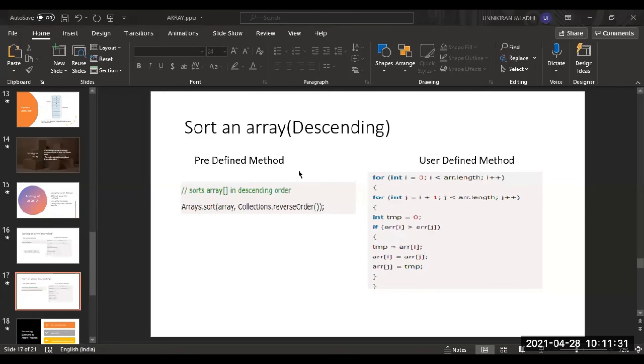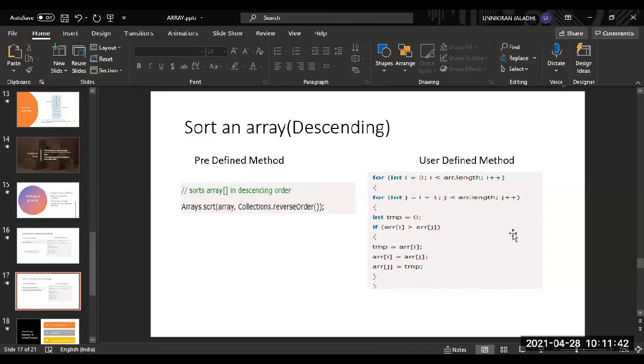Yes, okay, see this. This is the method we are using for a descending order, descending in the sense from bigger to smaller. So don't go for this. There is a problem with this user defined method in the reverse order, so I will explain. Wait a second. This one. Don't see this program.